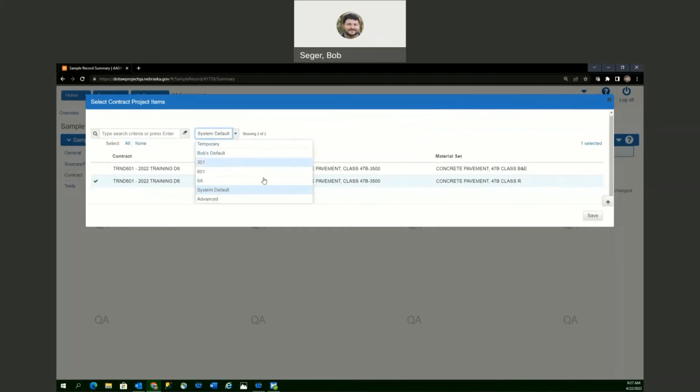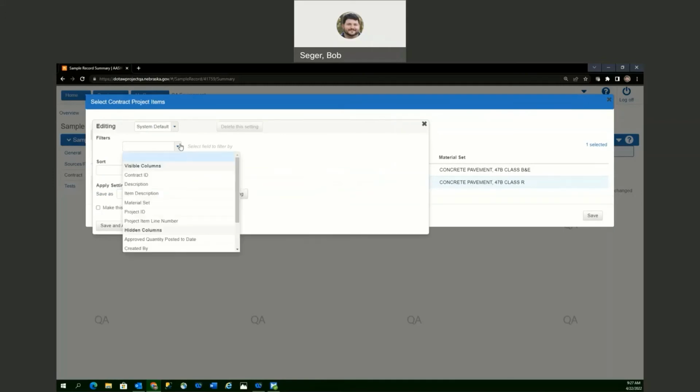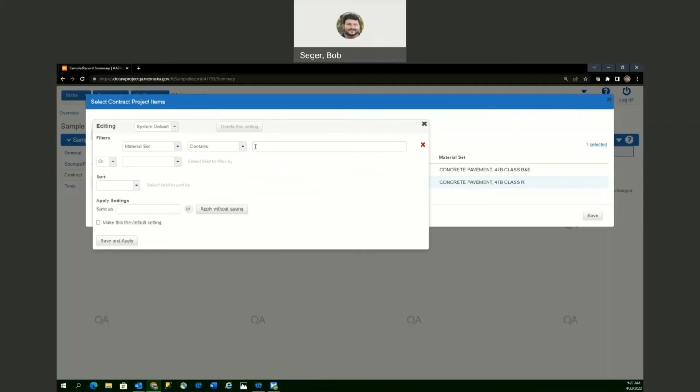If on your project there's usually a mixed design and you need to select this class R item, it'd probably be best to set up a filter to do just that. And it'd just be a matter of doing filter criteria, material set contains class R,